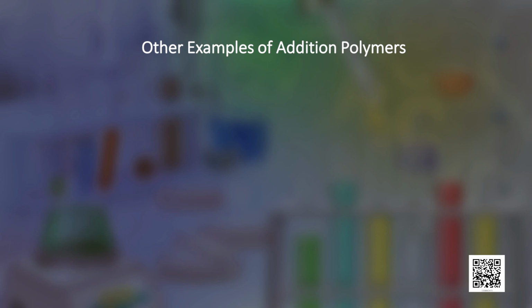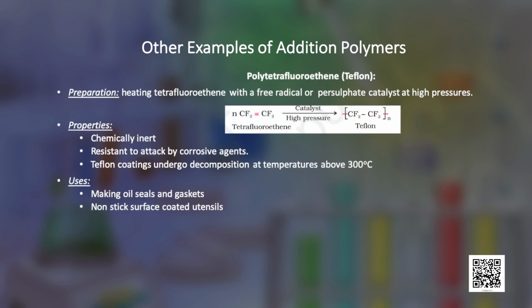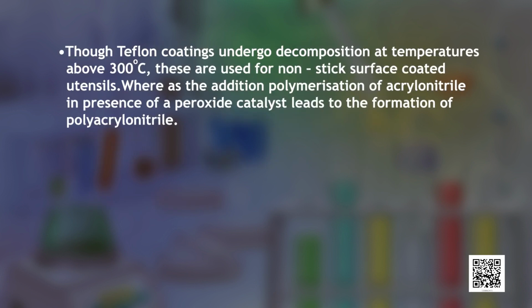When we talk about other addition polymers, the other common one is Teflon, which is polytetrafluoroethene. It is manufactured by heating tetrafluoroethene with a free radical or persulfate catalyst at high pressures. It is chemically inert and resistant to attack by corrosive reagents and therefore finds its use in the making of oil seals and gaskets. Though Teflon coatings undergo decomposition at temperatures above 300 degree centigrade, these are quite frequently used